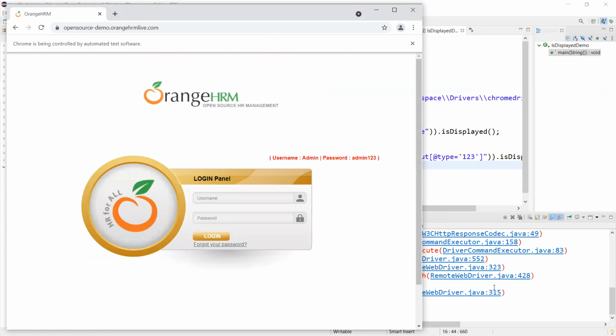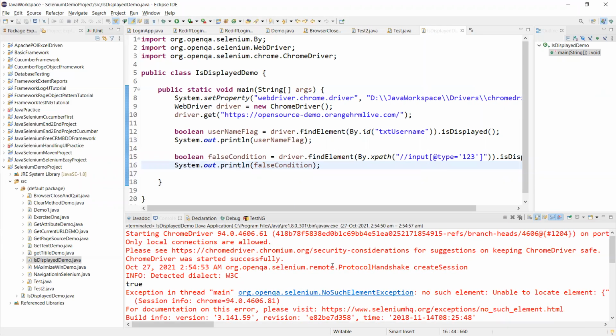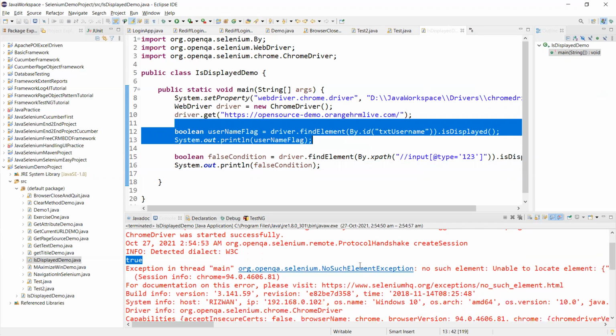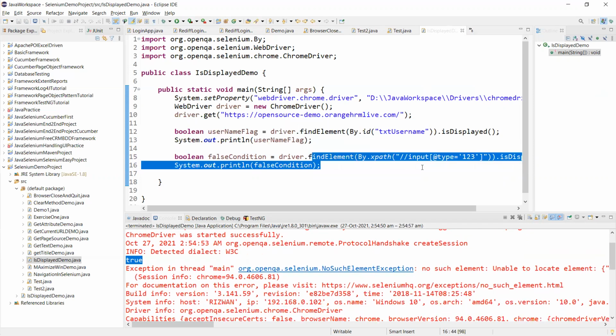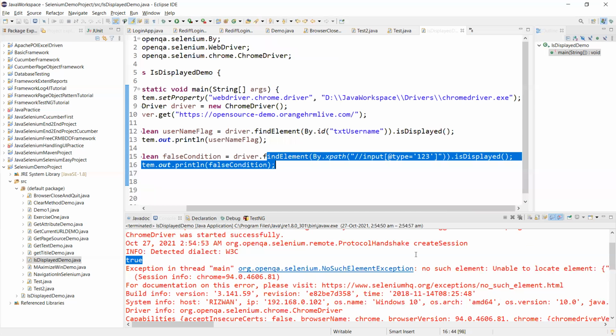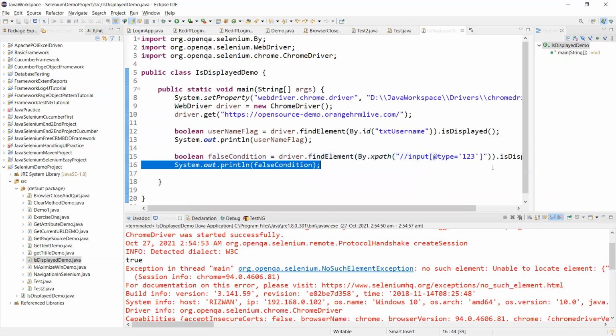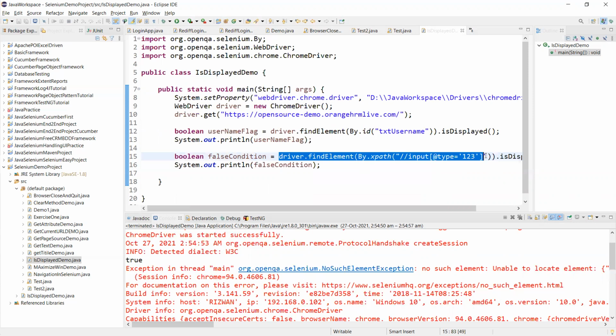Navigate it to the page and see we got true for this condition, which is expected. And for the second thing, driver dot find element by id dot is displayed, we got a no such element exception. Why did we not get a false as a result? It's just because before the isDisplayed method is executed, this statement is going